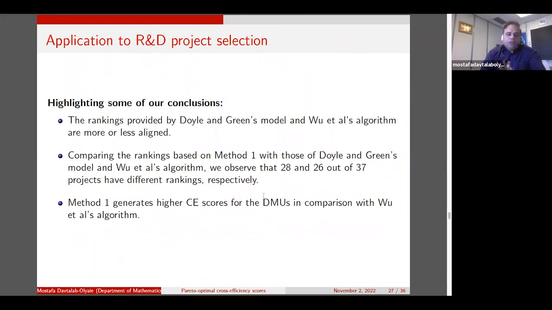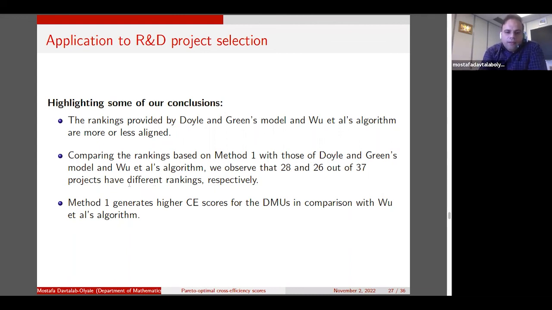I highlight some of our conclusions. The rankings provided by Doyle and Green's model and the Wu et al. algorithm are more or less aligned. So it means that there is no significant difference between analyzing this data set using these 2 different approaches. Comparing the ranking based on our method with those of Doyle and Green and Wu et al., we observed that 28 and 26 out of 37 projects have different rankings, respectively. It means that our approach can generate different results